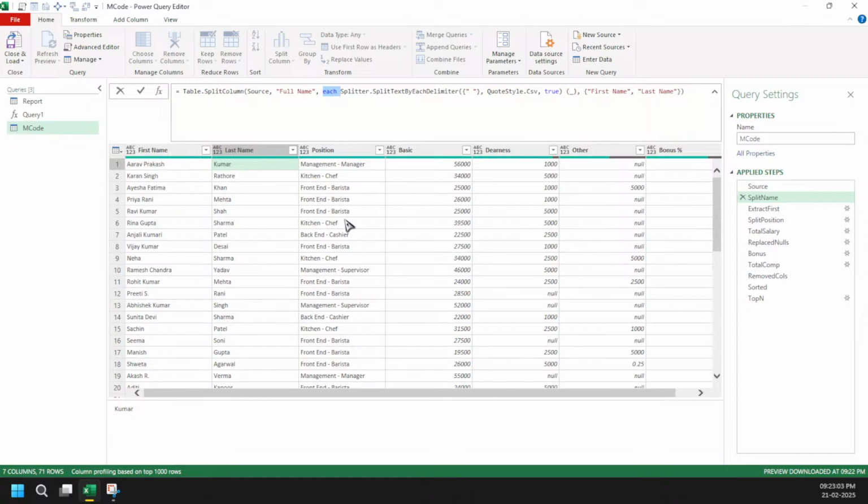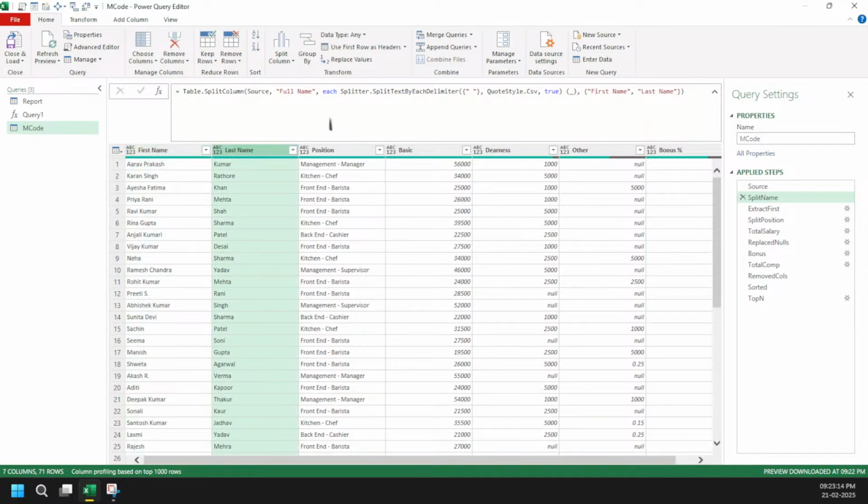Got it? Because anything other than text values, this function won't be splitting it in the first place. So that's the thing. But when you use each operator, Power Query forgets these data types. So I don't mind, and anyways I will be setting my data types at the end.